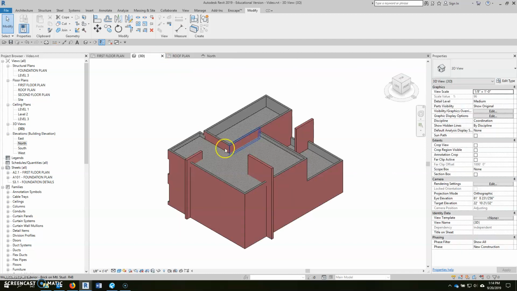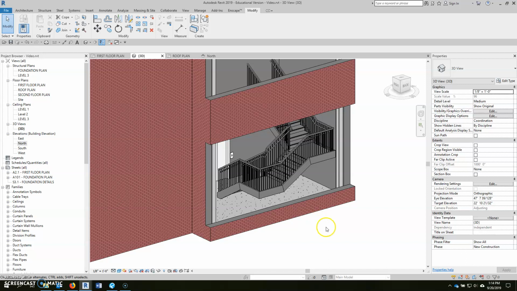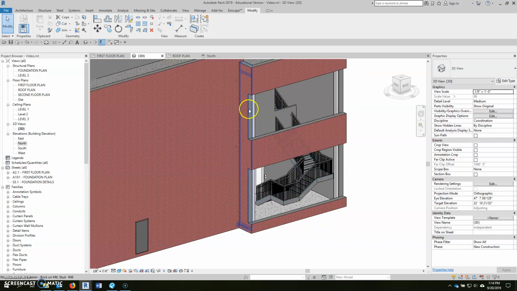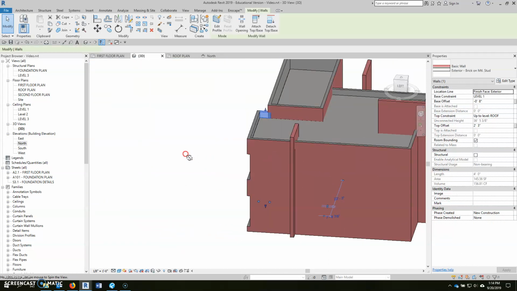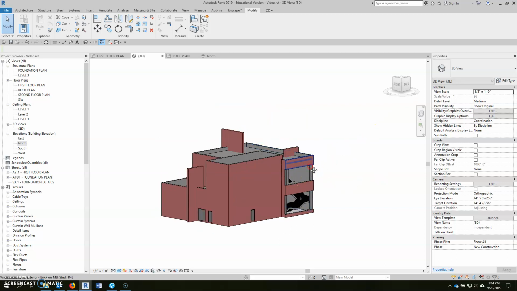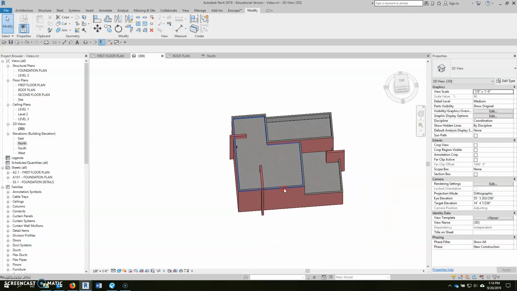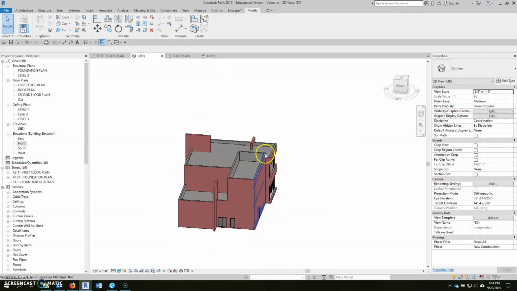Again, I always like to check out a 3D view to make sure that what I did is what I expected, and that looks correct. So we have to do that same thing to this wall, and this wall. So if this is the north elevation, we need to go to the west elevation. You can look at your view cube. Actually, we want to look at the east elevation, I'm sorry, to look at this wall here, because that's what we're going to take care of next. So if we go to the east elevation,